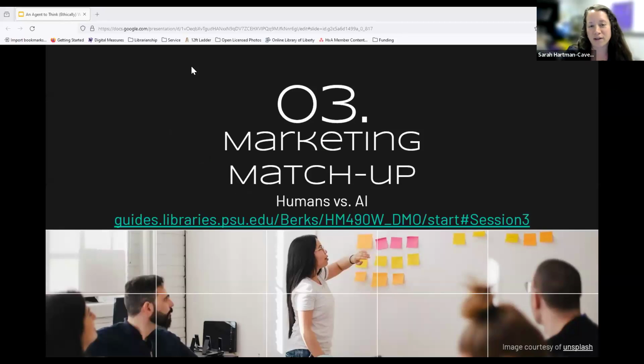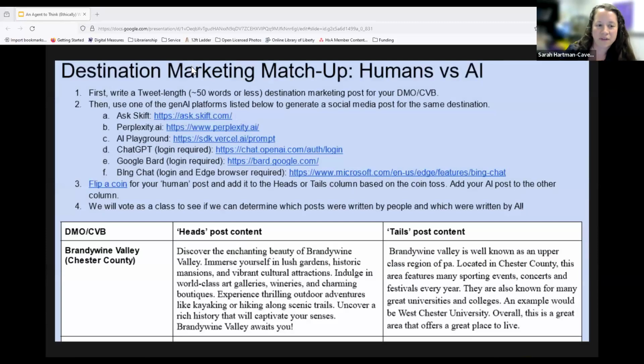I developed this final activity, Marketing Matchup, Humans versus AI, for an upper-level hospitality management course on destination marketing. In this activity, student teams first write a tweet-length social media post to market their destination. Then they use a generative AI platform to generate a social media post for the same destination. Teams use a digital coin toss to determine whether their human post is recorded in the heads or tails column, and their AI post gets recorded in the other column. Then we vote as a class to see if we can determine which posts were written by people and which